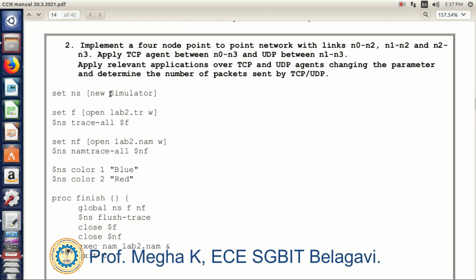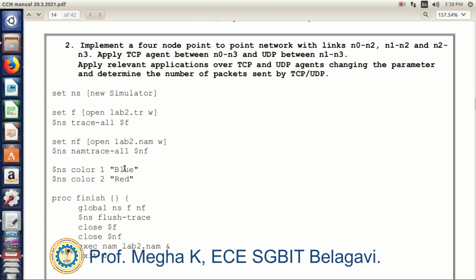Once again the simulator will go through the program. The first instruction, once again, is new Simulator, where new is the operator and Simulator is the main class. All the subclasses which come under this code will come under the main class Simulator. Once again we will create 2 files, a trace file and an animation file. The NAM extension refers to the animation file. $ns, $nf and $af are included in the same program, and they refer to the simulator class.